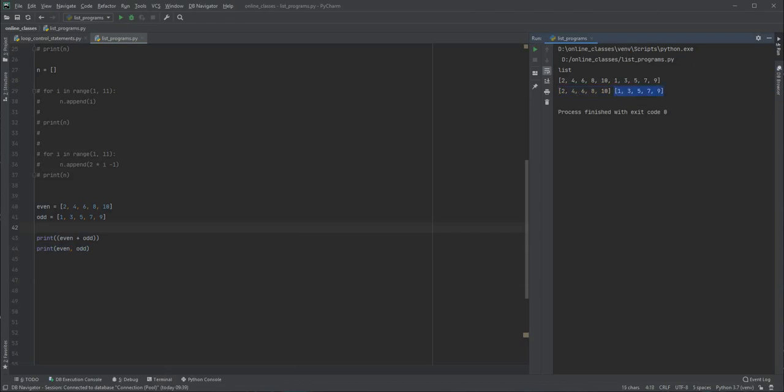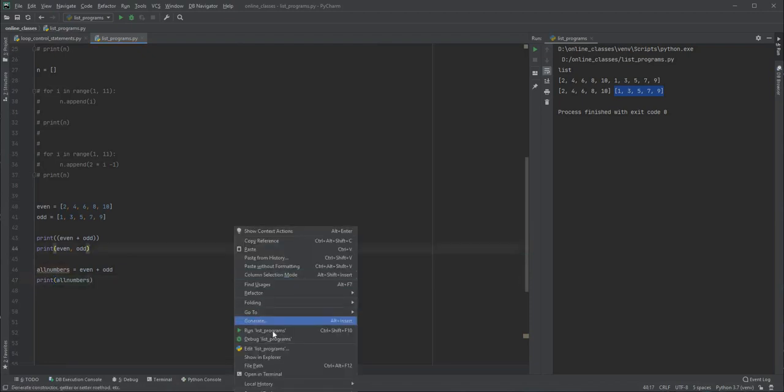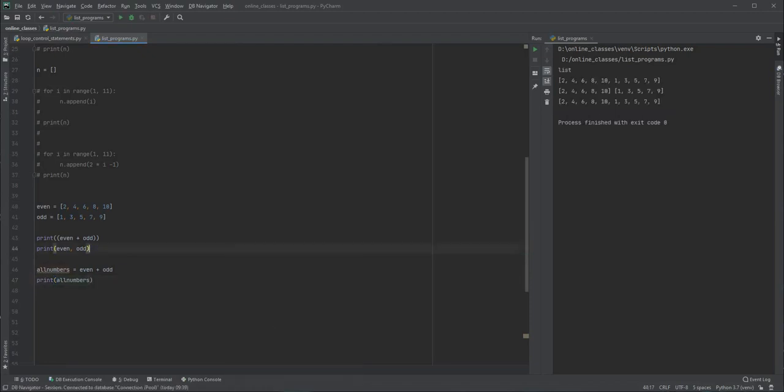Now let us do one thing. Let us say all numbers is equal to this even plus odd, and let's print all numbers. Now if I run this, it is going to give me first the even numbers, and then the odd numbers.